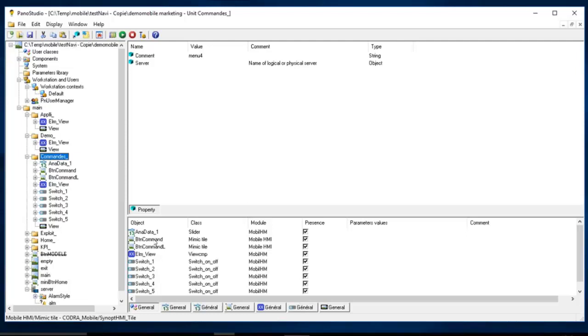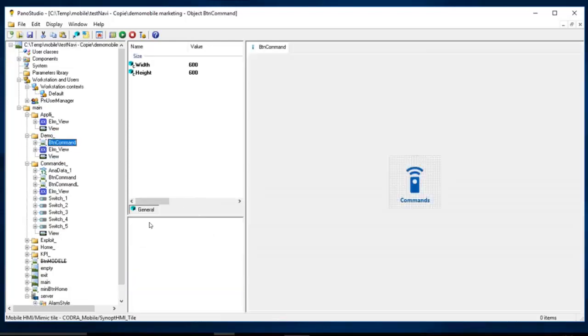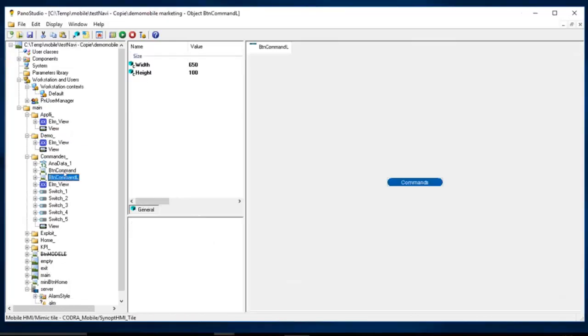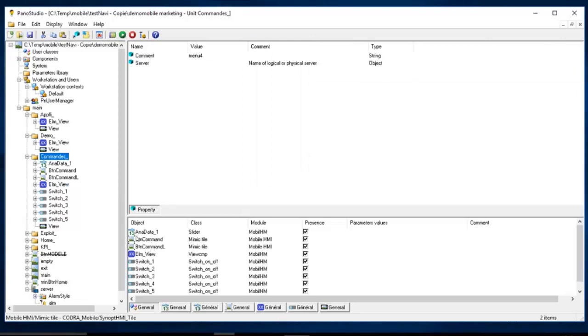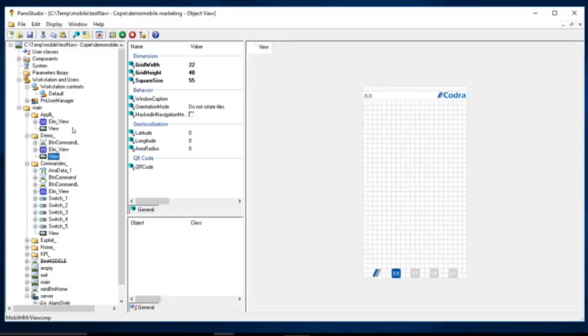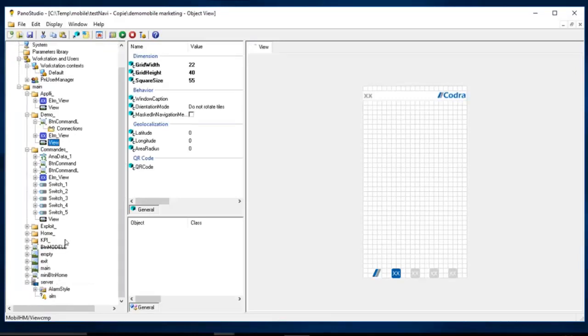Again, you can use a command button. Not this button, we'll use another one. This one, yes. Command button. I copy and I paste it here. View. So this will be the button which controls the change view.